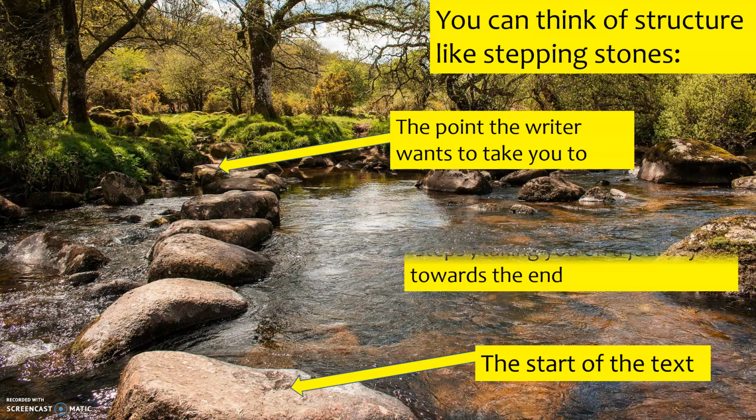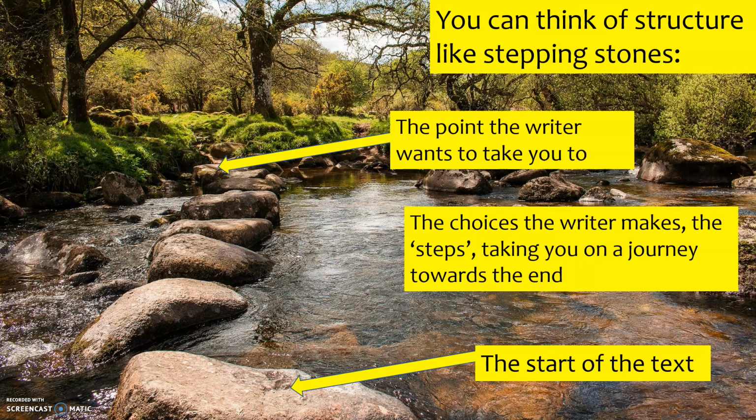And then, of course, in the middle, what we have are the different choices that the writer makes. So think of each of those stepping stones as a choice on a journey that the writer wants to take you towards. They give you it bit by bit by bit. So those stones are like the paragraphs. So in this example, you could say simply that I've got maybe 1, 2, 3, 4, 5, 6, 7 paragraphs going on there as an example. But think of that journey through the text, and the writer is taking you on that journey,